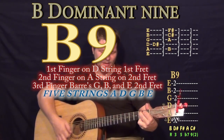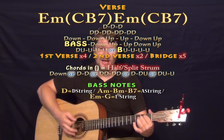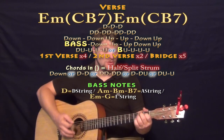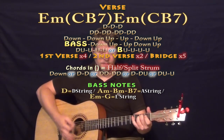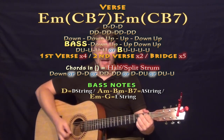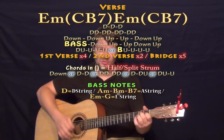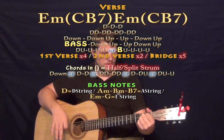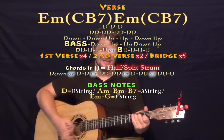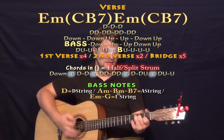Now the weird part on that progression though is the C and the B7 kind of half. So when you get to that part, if you're doing 4 downs on the E minor, you'd have 2 downs on the C, 2 on the B7. If you're double timing, then it ends up being 8 plus 4 plus 4. And if you're doing the down, down, down, up, you want to do a down, down, up on those 2 chords. So we have the E minor, up, down, up, C, down, up, B, E minor, C,